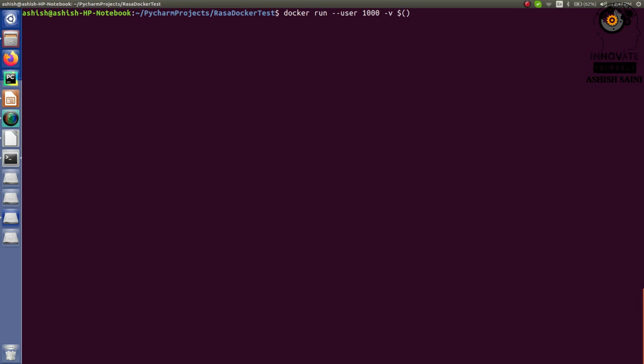So for that, I have to write this command, dollar within brackets pwd, which means present working directory, right? So whatever is the current working directory, it will pick the current directory path and link it to your directory inside the container. So this /app means this is a directory inside your container where you are going to store all the packages you want to work on. Or let's say your complete Rasa project will be shifted onto the app directory inside a Docker container, right?